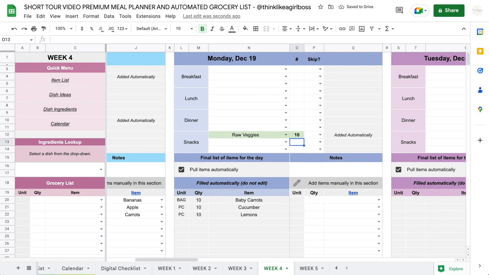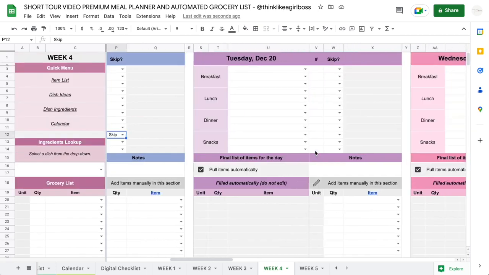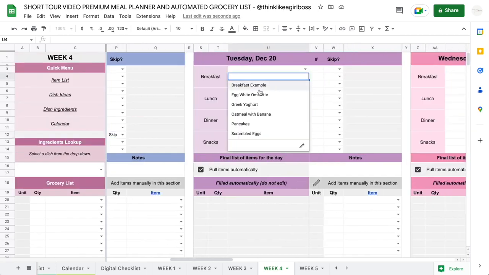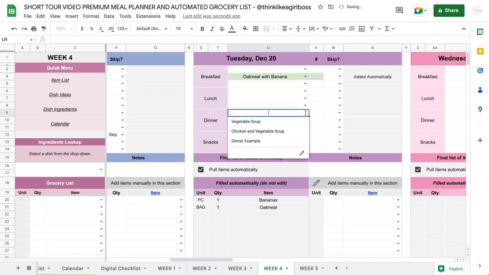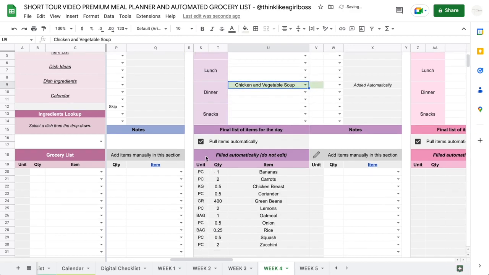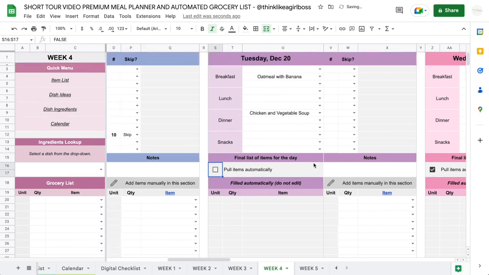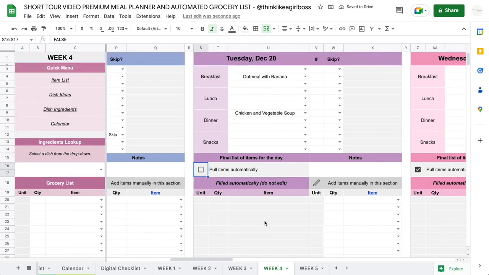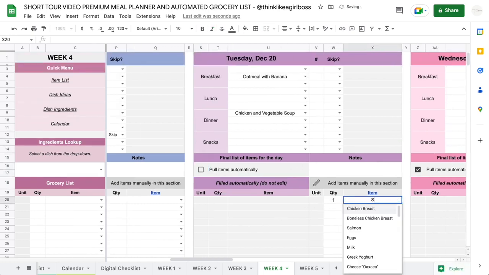And quantities will be multiplied by this number. You can also choose not to load those items automatically. For example, if you're having leftovers from the previous day, you can just select this skip option, and then those items won't be loaded automatically. And if for some reason you do not want any of your items to be loaded automatically at the moment, then you can just uncheck this box and nothing will be added automatically, and you can still use this manual